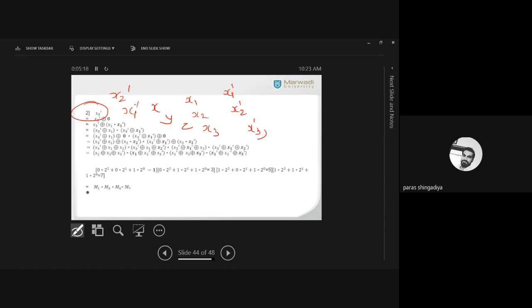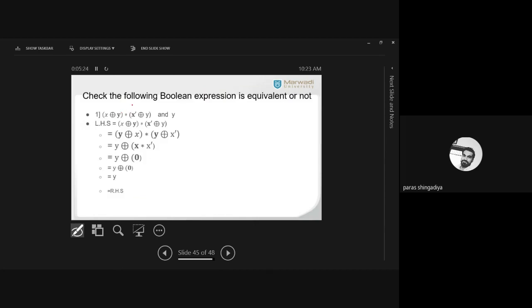Okay, so that is the theory for canonical form. That is a sum of product and product of sum, as a sum of min terms and product of max terms. Okay, now the last topic is to check whether the Boolean expressions are equivalent or not. Okay, so there are two arbitrary Boolean expressions given, और आपको चेक करना है कि दोनों सेम है या नहीं. ठीक है, both are equivalent or not.